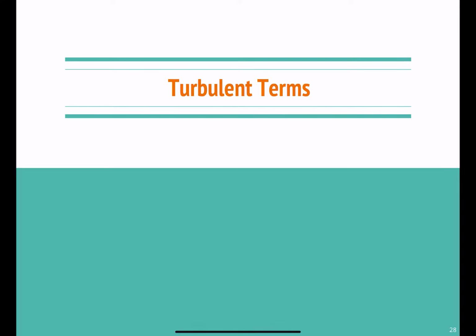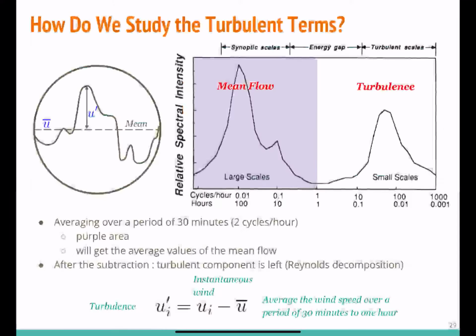Next, we talk about the mathematical representation of the turbulent terms. Okay, first of all, we need to define what turbulent is. It's actually the deviation of your values away from the mean value. So this is a very simple diagram showing you the idea. We have calculated the mean of all the values, and then the deviation from the mean, that would be